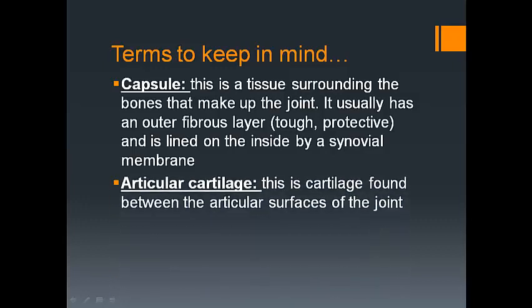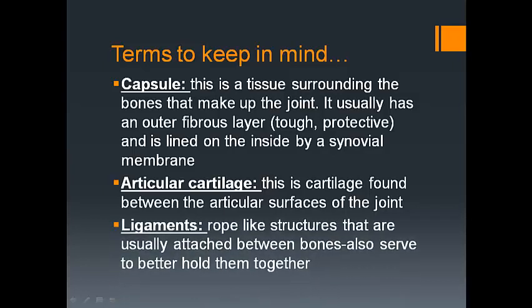You're also going to hear the term articular cartilage, and this is just cartilage that is found between the articular surfaces of the joint. What it does is act as a cushion to make sure that the bone ends are sitting comfortably with each other. And it also reduces friction between the two surfaces. And you're also going to hear the term ligaments, and ligaments are rope-like structures that are attached between the bones. So they basically serve to hold the bones together. And those are also going to be one of the stabilizing factors in terms of how the joint